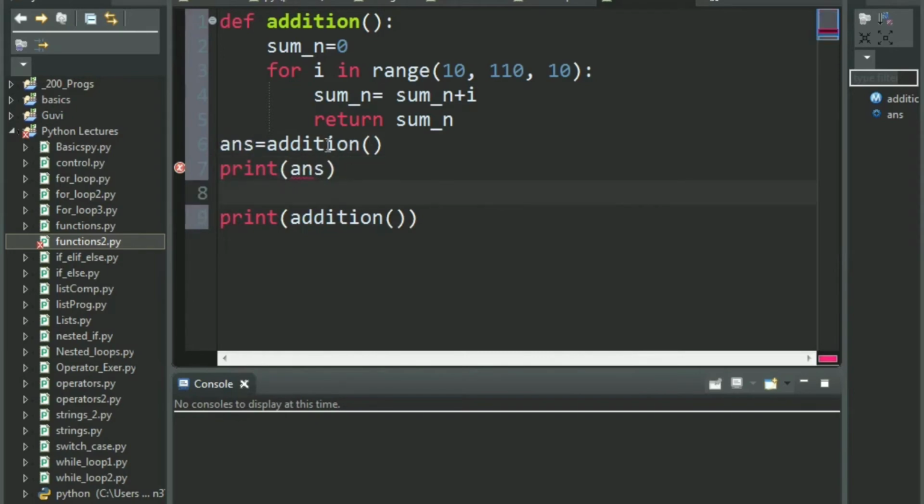You take 2 lines for this process, and the other method is you just directly call the addition function inside the print function. So inside the print function you say print the answer of the function addition. Let's see, both of them will be doing the same task. Alright,